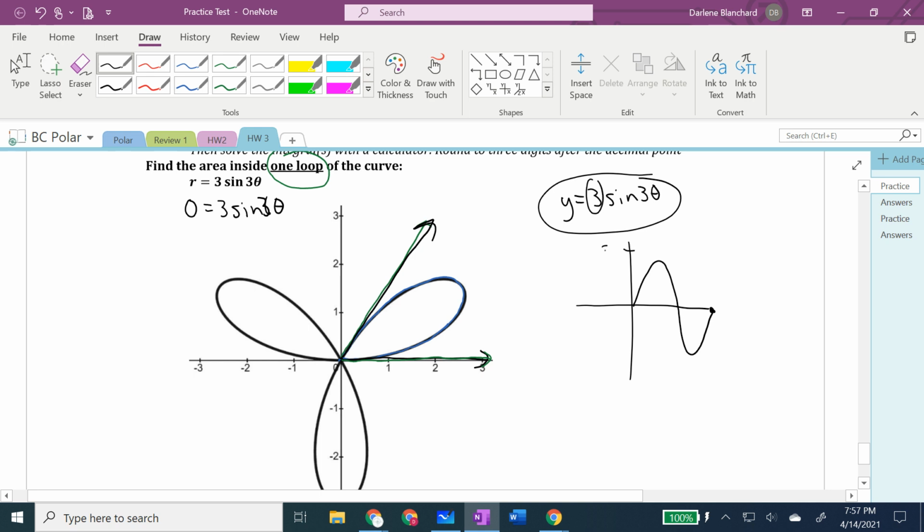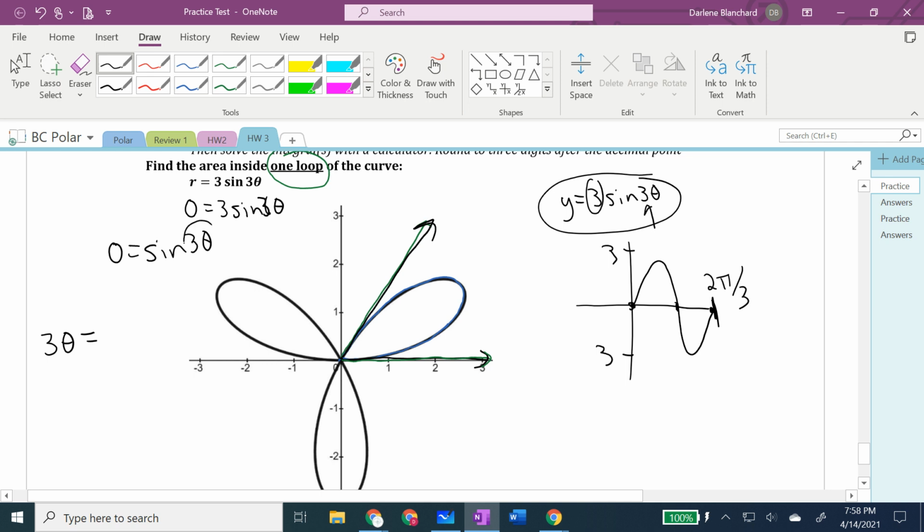because of this 3. You can also just realize the things that matter are what are the angles where the r is 0. That's a really key thing. So you're really looking at 3 theta is the angle. Sine gives you an answer of 0